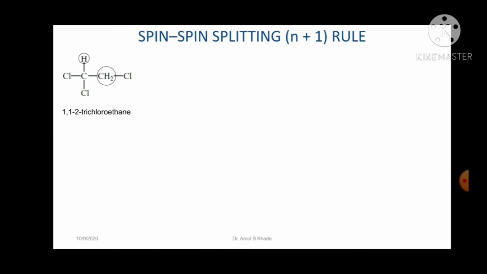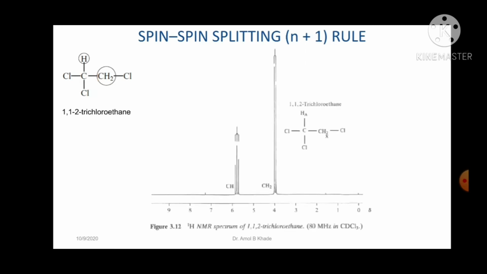By looking at the molecule we can easily make out there are 2 sets of protons in this structure. One is CH2 and the other is a CH proton. So obviously I am expecting 2 different signals in the NMR spectrum, and that is how it comes. Let's say this CH proton I am assigning as a type A proton, and the CH2 proton I have assigned as an X type of proton. So I am expecting 2 signals in this NMR spectrum, and you can look at the type A proton, that is the CH proton.